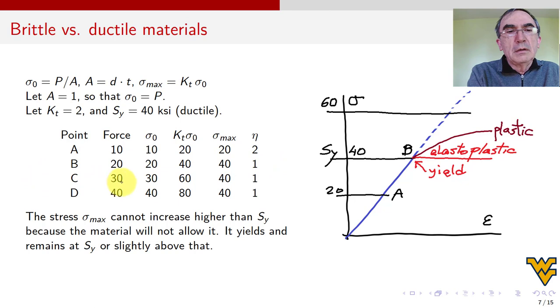Everybody okay? So now comes the interesting part. Now I put a force of 30. Sigma 0 is 30, KT sigma 0 is 60, but wait a minute. I cannot go to 60, yes? Because the material yields and it does this, all right? And we can approximate the material as elastoplastic, meaning that, okay, I could do it exactly, but it's easier to do the example assuming the material just yields and the stress is constant at S of y. But even if it's not constant, it grows a little bit, not that much. But to 60, I cannot get there, right? No material that is ductile will take you to 60. It's impossible.